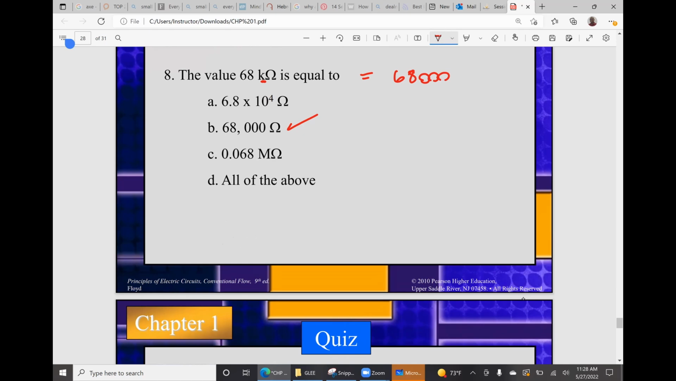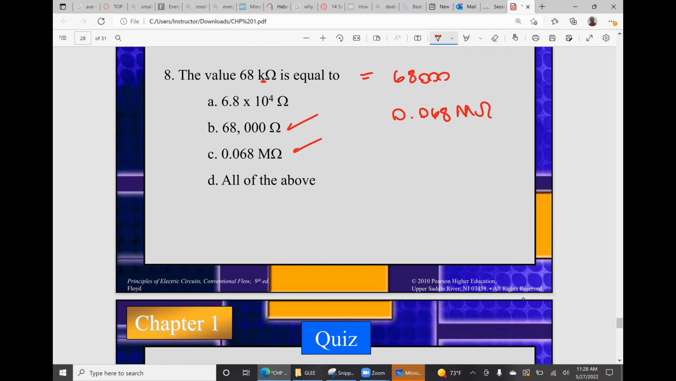You can also write it as what? If you wanted to write this as mega, mega is 1 million. So this is going to be 0.068 mega ohms. All right, because to get to mega, you need to move it up. So this is for mega ohms here, and if you were to write it in terms of ohms, it's going to be